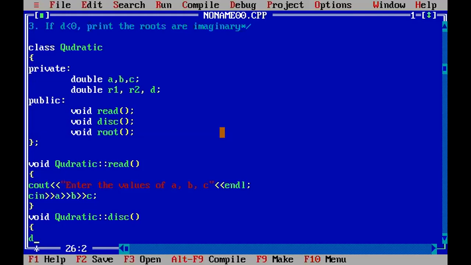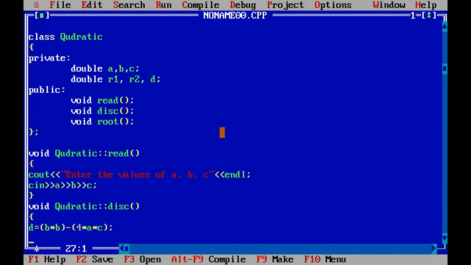As I told you, the discriminant is b square minus 4ac, which can be written as a programming expression as b into b minus 4 into a into c.